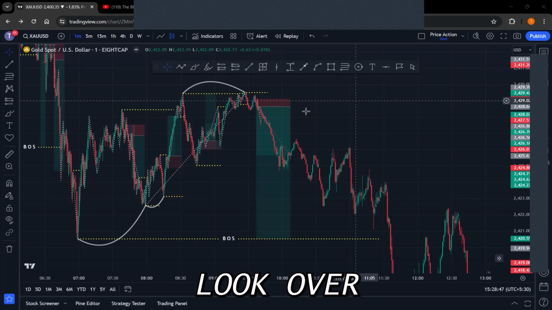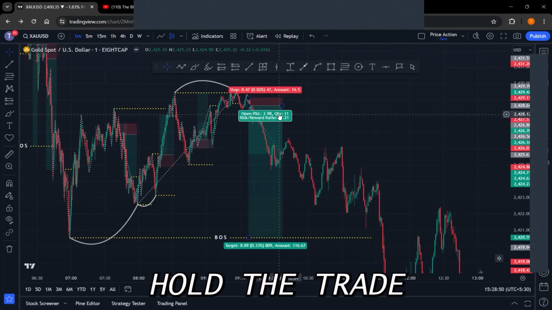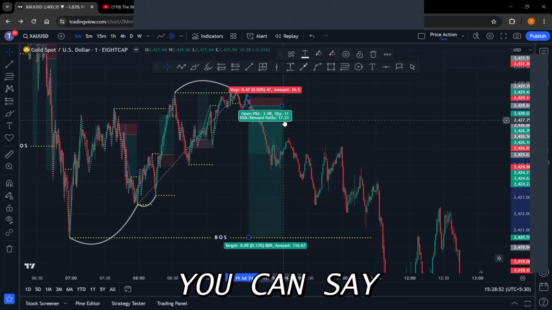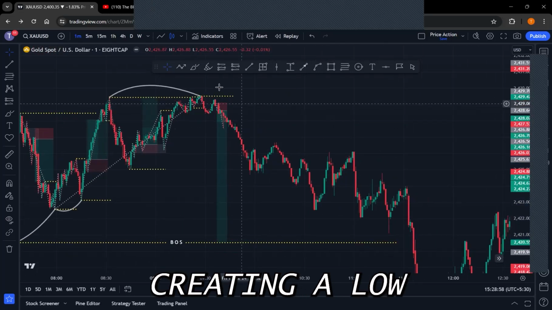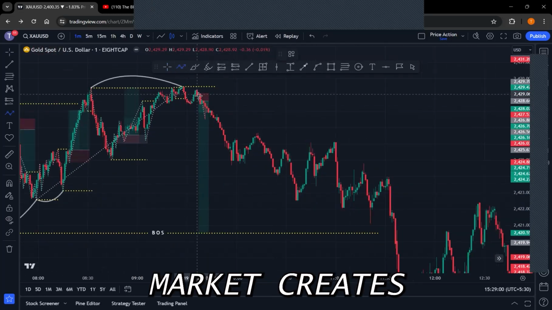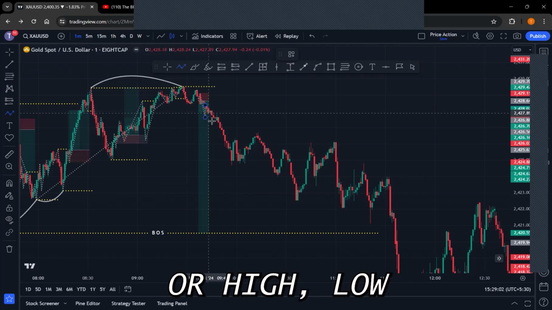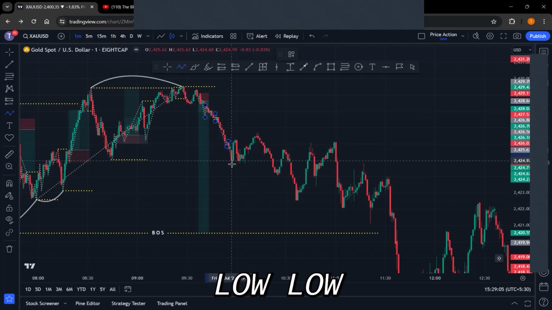Now in this case, if you look over here, if you are able to hold the trade well, you will be getting a risk reward of 17.2. Now over here, once the price starts creating lower highs and lower lows, we are looking where the market creates a support. So price creates a lower high, lower low, lower high, lower low, lower high, lower low, lower high, and then